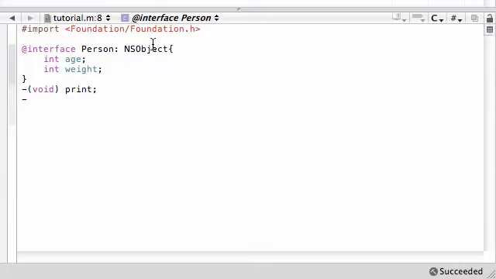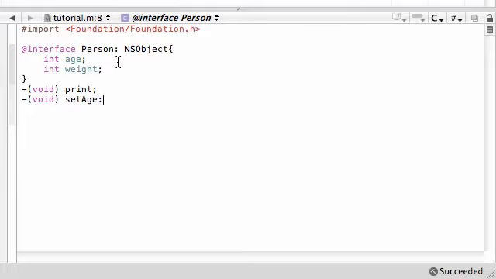We need to make two more methods to give a value to age and weight. So that's what we need to do right now. When we do this, we don't need anything back. So put void and just name this method setAge. Since we're going to be giving it a value, we're going to need to put something in called a method argument. So instead of having a semicolon, which would mean end the method,